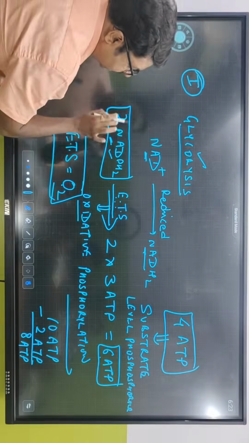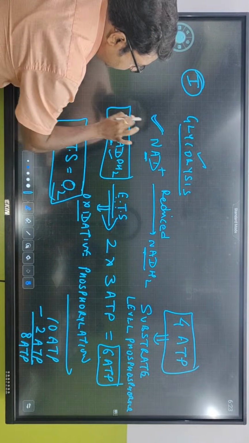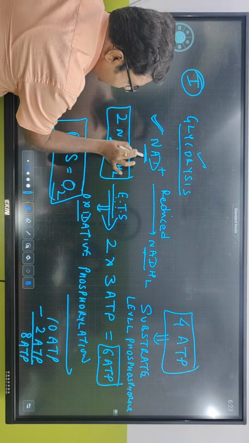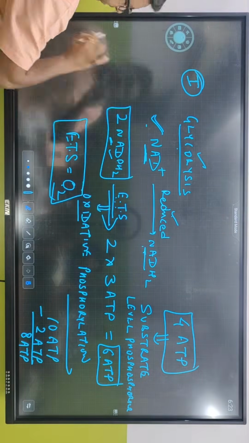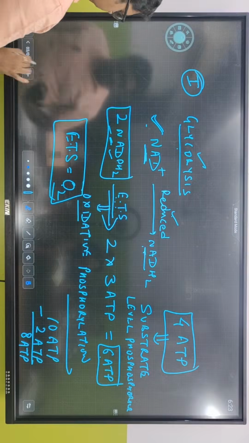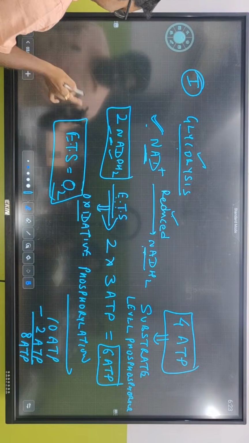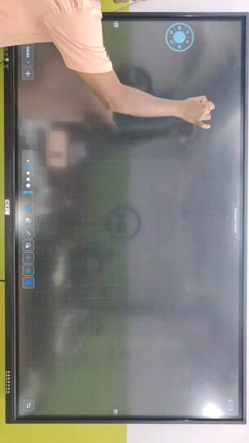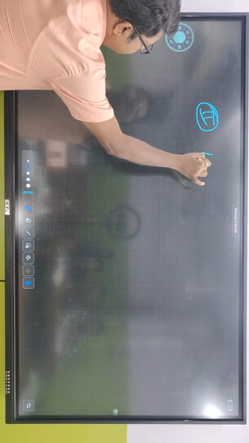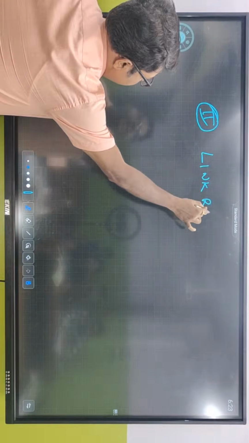So what is the main thing that I want to tell you? That in glycolysis, NAD is reduced to give rise to NADH2. 2 of the NADH2 have been formed, and NAD has been reduced to give rise to NADH2. The second step is what? The second step is the link reaction. So in the link reaction,